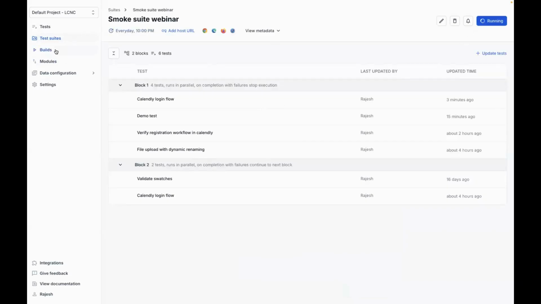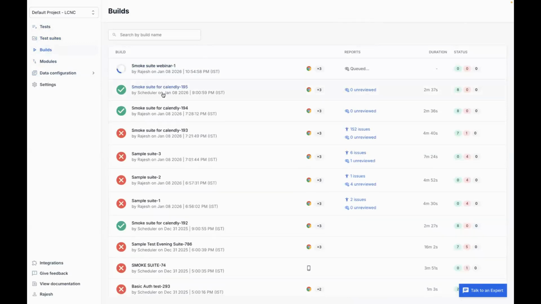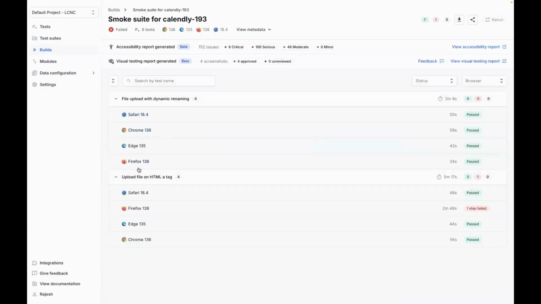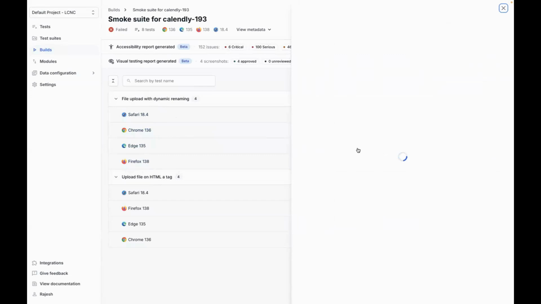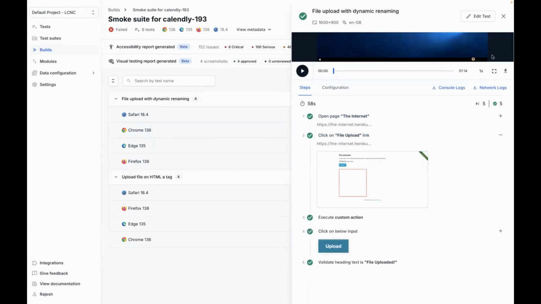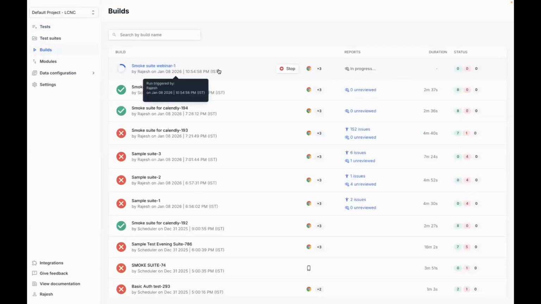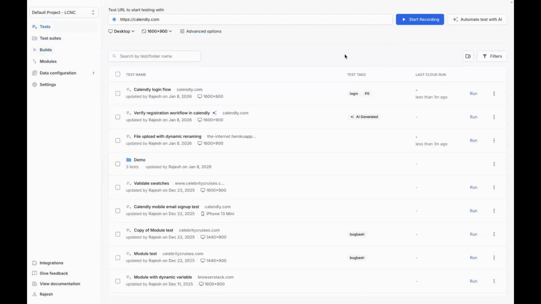build on cloud, wherein it will leverage BrowserStack's own cloud infrastructure, browsers and devices, and run the test suite. Right? I'll just quickly open one such suite, for example, this one. So we'll see browser-wise execution for each test. And once you click on any test execution, you'll also see the video recording and all the steps that got executed here. Right? So this is the basic demo. This is how you can create your tests in low code and run those on cloud using the test